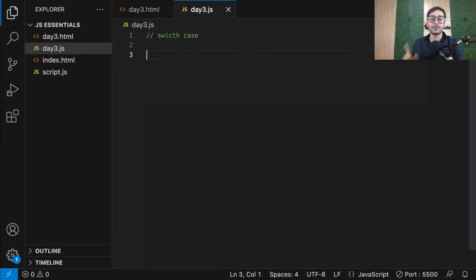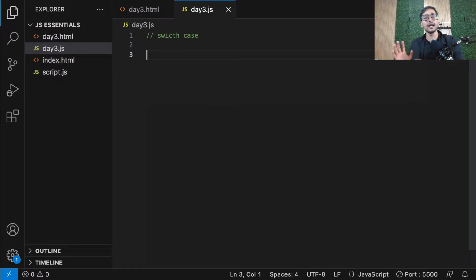So now guys, see, yesterday we learned that conditional statements are something which we use whenever we want to execute some code based on some condition or some outcome. So yesterday we saw how to do all that stuff, right? We used if, we used if else, we used if else if ladder, right? We used multiple if, so all that stuff. So these were the three types of conditional statements that we learned yesterday, and we can use them depending on our requirements. Now today we'll learn one more, and the last one of conditional statements, that is going to be